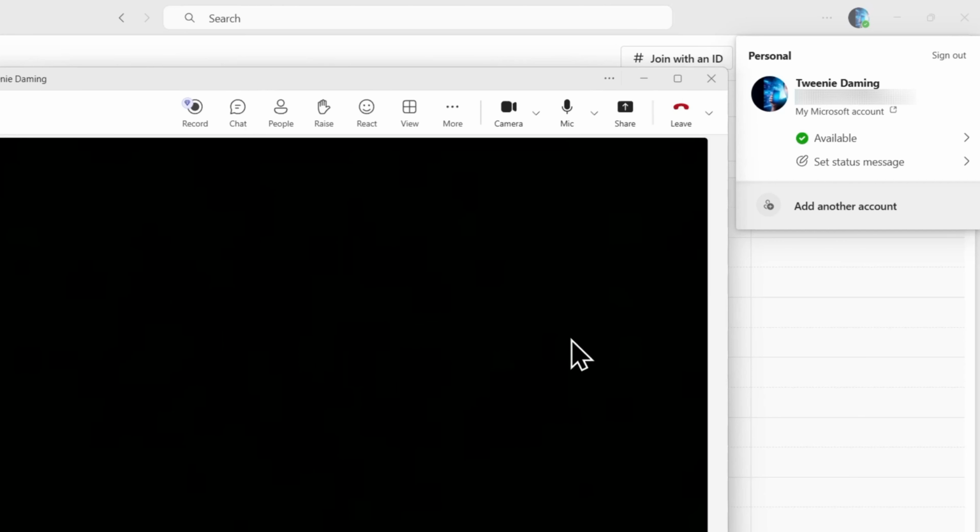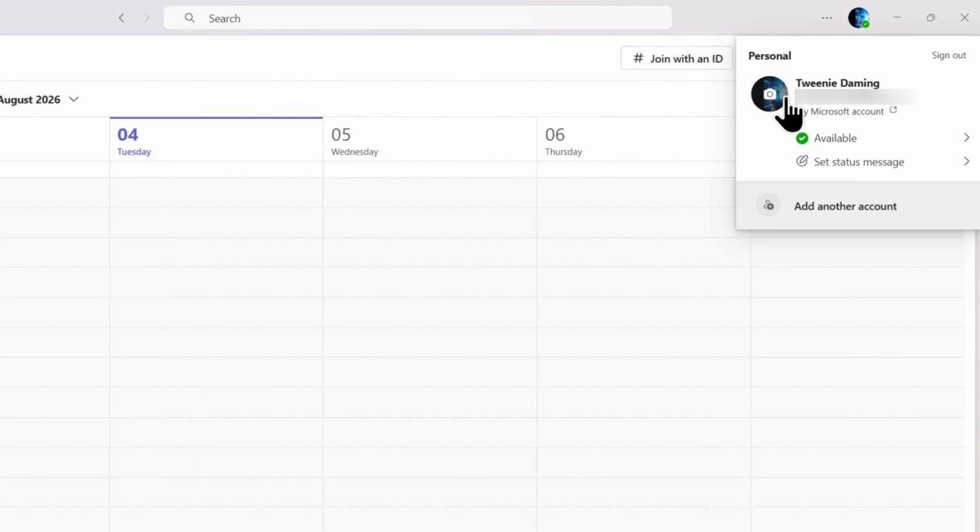If you no longer need to keep your status available, simply end the meeting and Teams will return to managing your status normally. And that's it. That's how you can keep your Microsoft Teams status